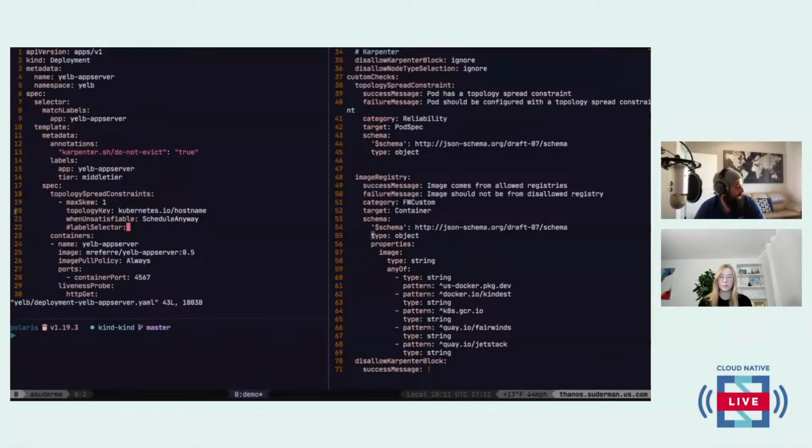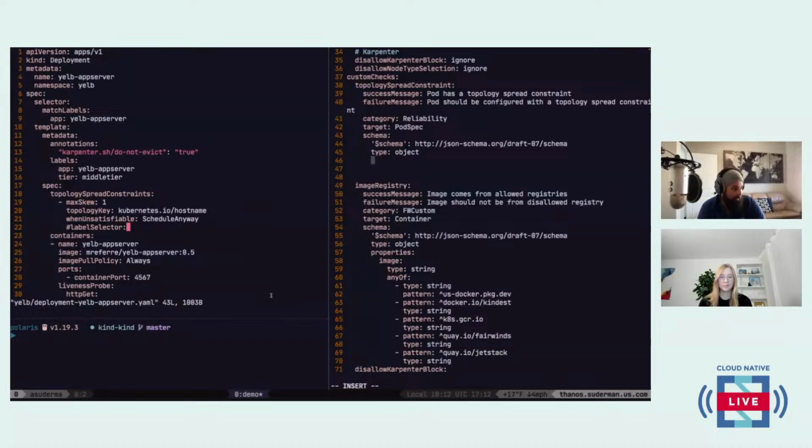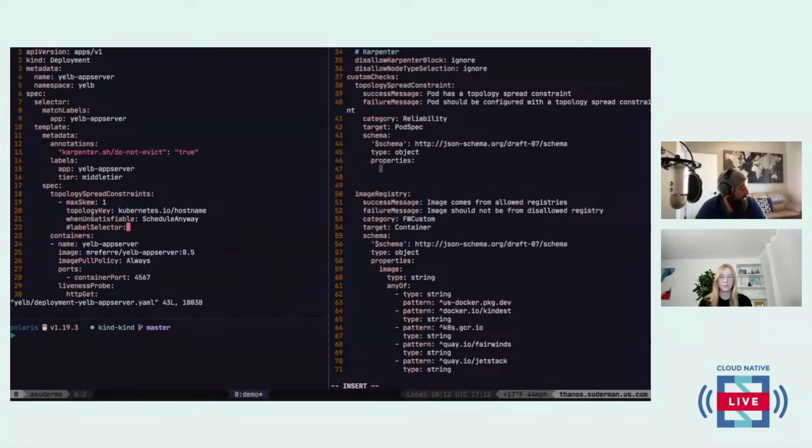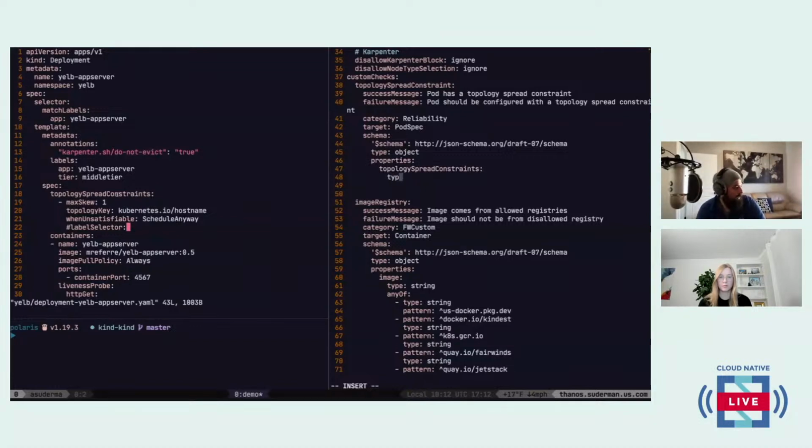So we know we're targeting the pod spec, which means we're essentially sitting here in our policy. So just under there, we're going to say type object. We're going to say properties, and we're going to say topology spread constraints. Now we get into the tricky bit where we have a list. And so that's the property. It's going to be a type